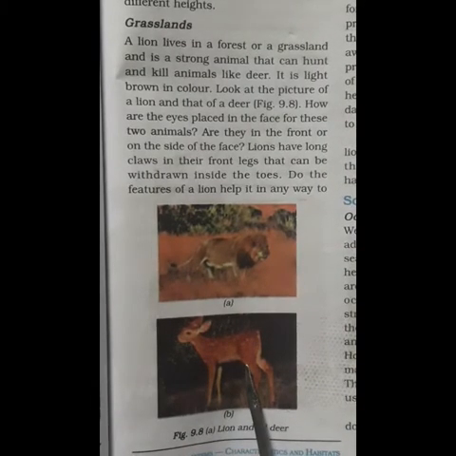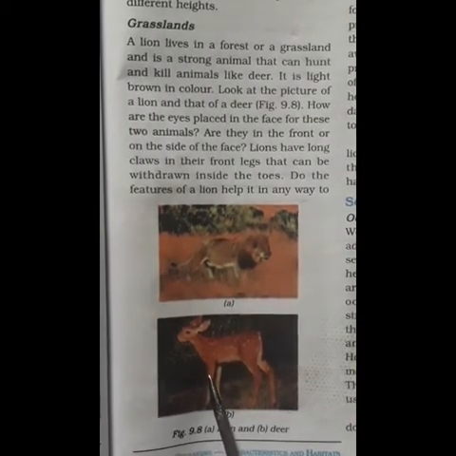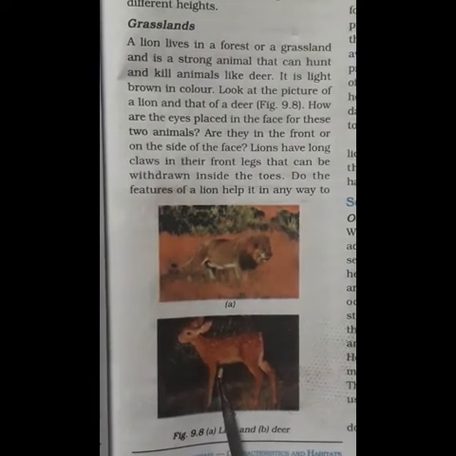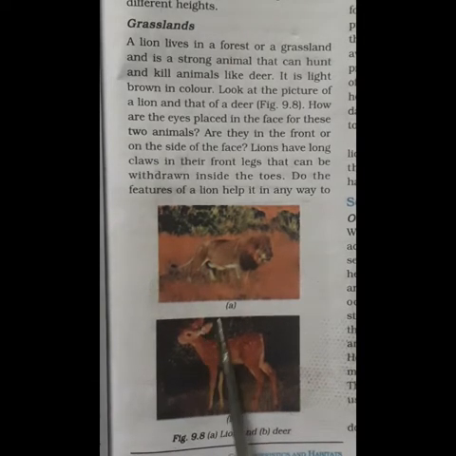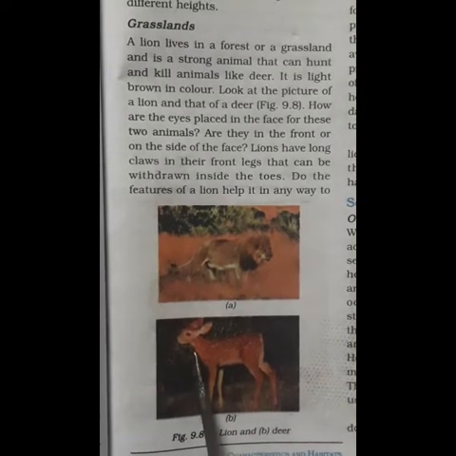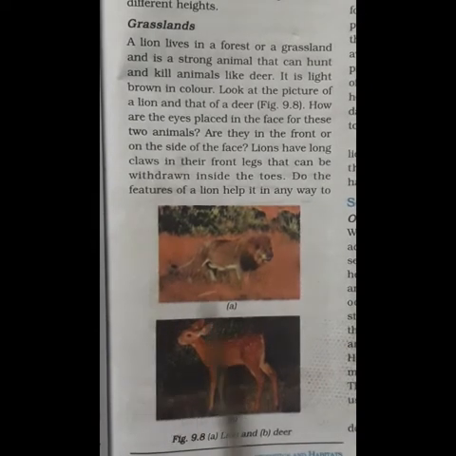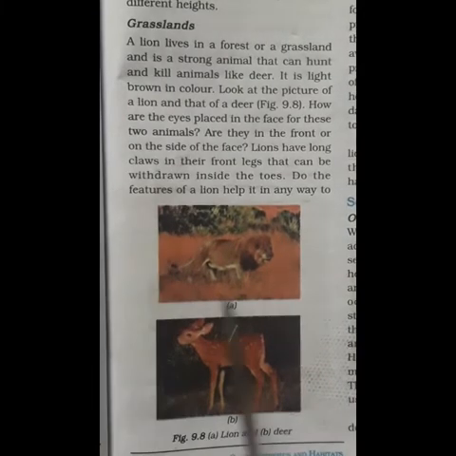Deer is another animal that lives in the forest and the grassland. It has strong teeth to chew the hard parts of the plants, even the stem of the plant. A deer needs to know about the presence of predators like lion. So, in order to run away from them and not become their prey, it has long ears to hear the movements of the predators. The eyes on the sides of its head allow it to look in all directions. The speed of the deer helps them to run away from the predators.